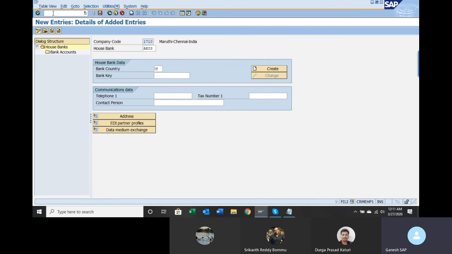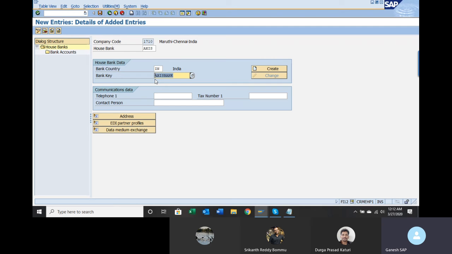So I will go to another screen, or if you wanted to give from here also, that is fine. Let us give IN and click on create button. So IN is already there. Just give bank key, Axis Bank. Okay, I just gave bank key.